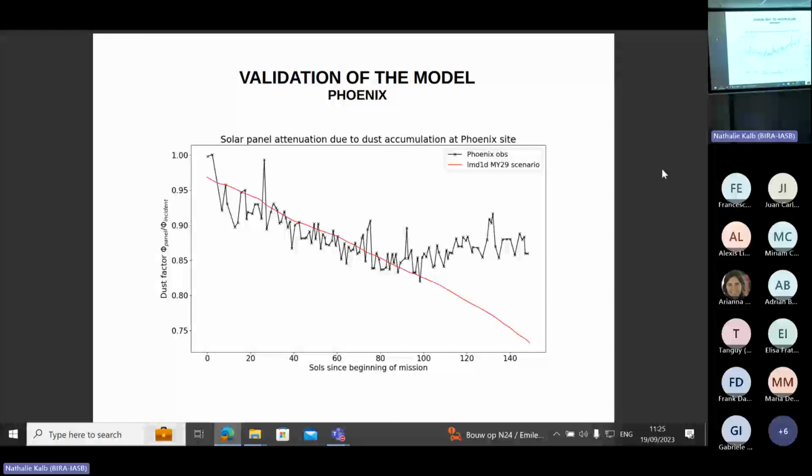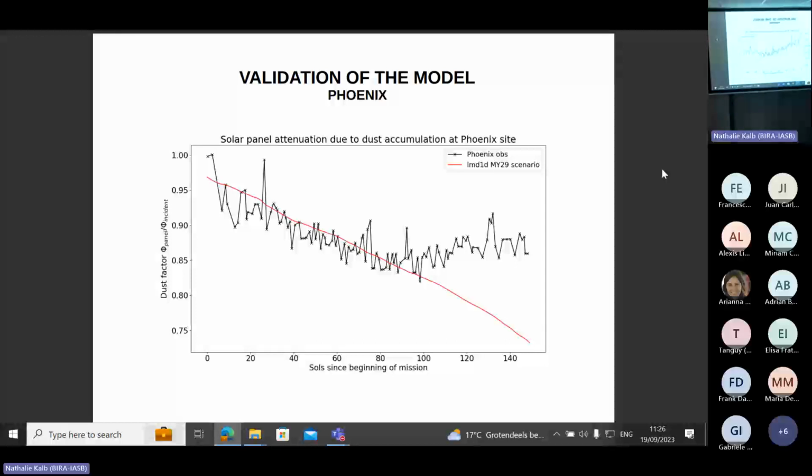So here we have the right scenario to use. But if you look at the beginning of the mission, you see that I won't start the simulation with a dust factor of 1, because in the paper of Drup 2010, they explained that during the landing, the spacecraft lifted dust in the atmosphere and redeposited it on the panel, and so that made a lot of dust just at the beginning of the mission